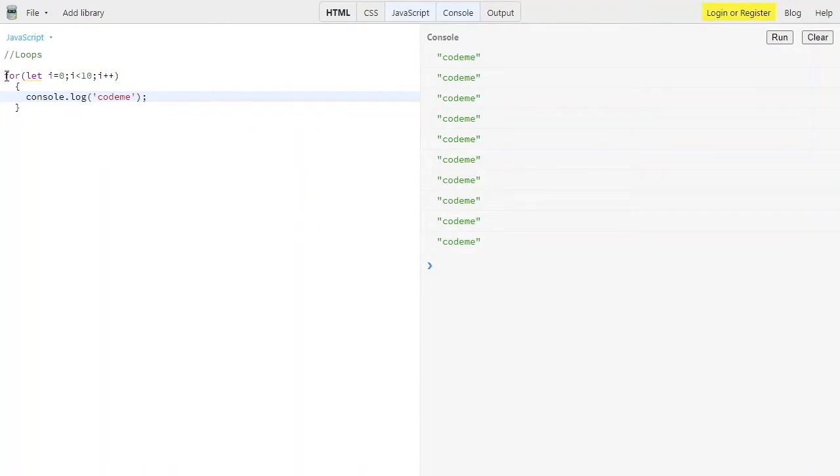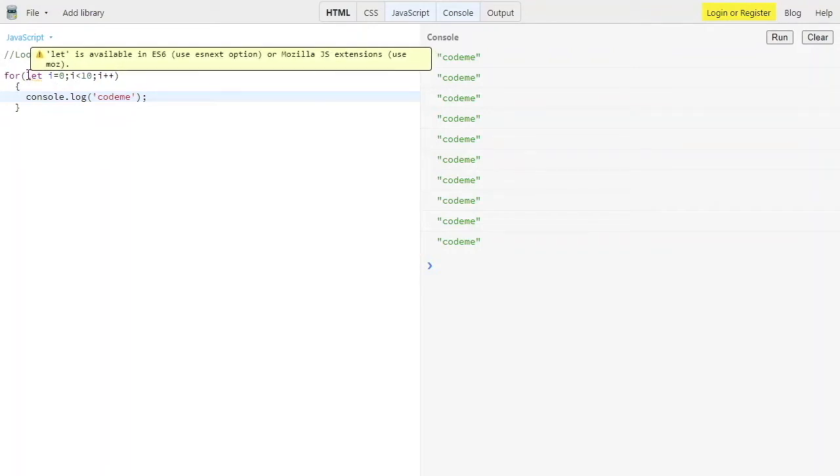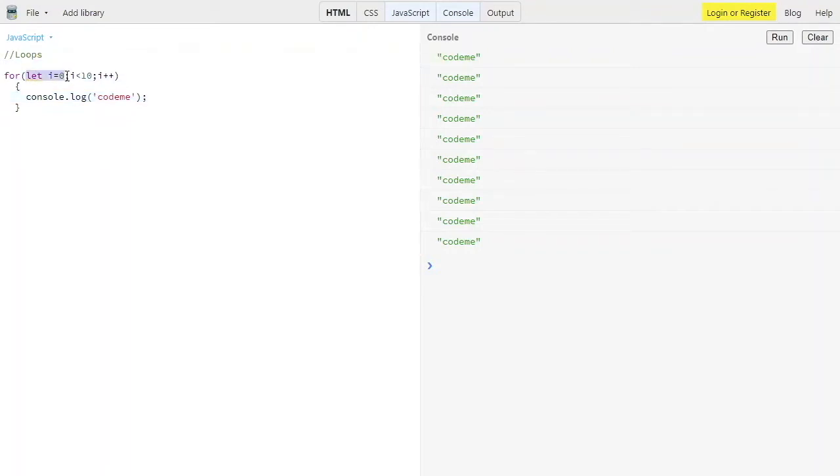So this is a very common example of a for loop. A for loop has 3 parts: initialization, then stopping condition, and then increment.